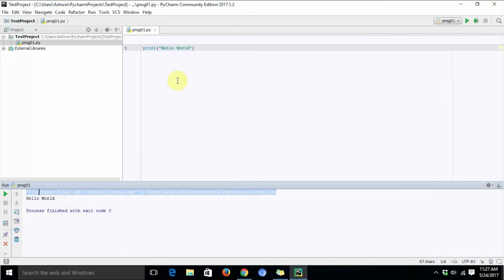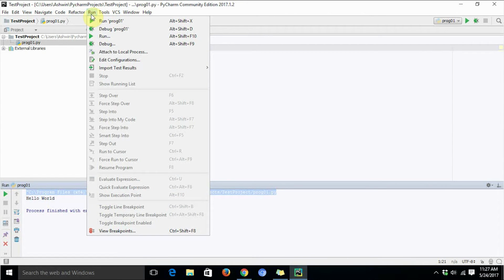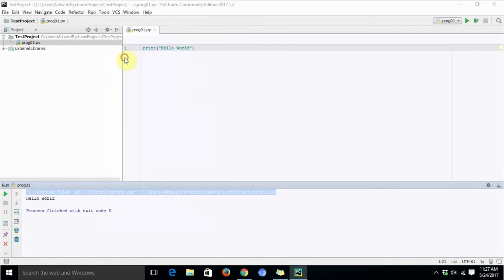Basically this PyCharm IDE invokes the Python interpreter in the background to execute the code that we have created using this editor. We can edit the run configuration.